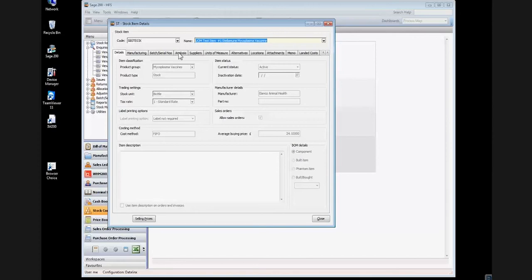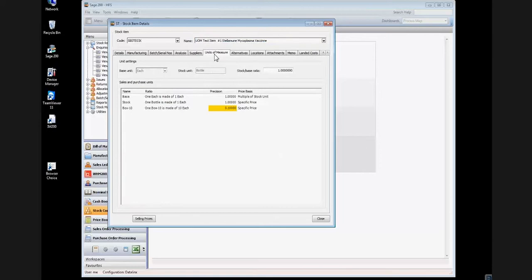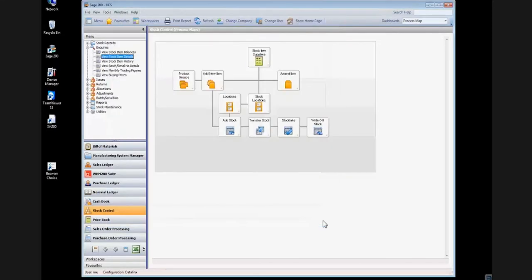So, looking at the Sage 200 screens, here we can see the product that's being used, SBSTE03X. It also has some units of measure set up. So here you can see that we have boxes of 10 that we'll be using inbound, and we have bottles which are one each. Through this process we're going to be producing barcodes for the bottles as they come into the warehouse. So having closed the screen down,